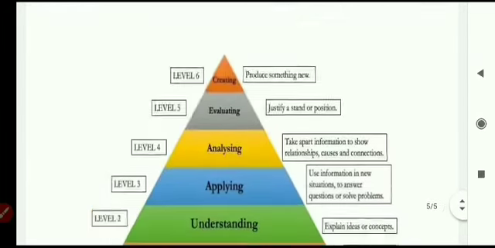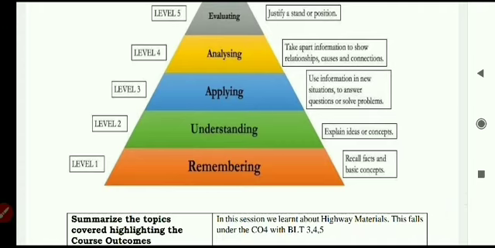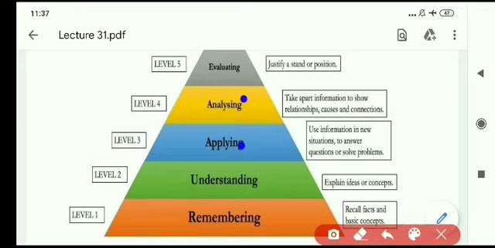Okay, so friends, whatever we discussed in today's class comes under course outcome 4, because from the start of this lecture number 31, it comes under module number 4. So it is under CO4, that is course outcome 4, with Bloom's taxonomy levels 3, 4, and 5. Okay friends, for more information, try to refer to the Highway Engineering textbook by Khanna, Justo and Veeraraghavan. Okay, so in the next class, we'll focus on the other concept. Till then,